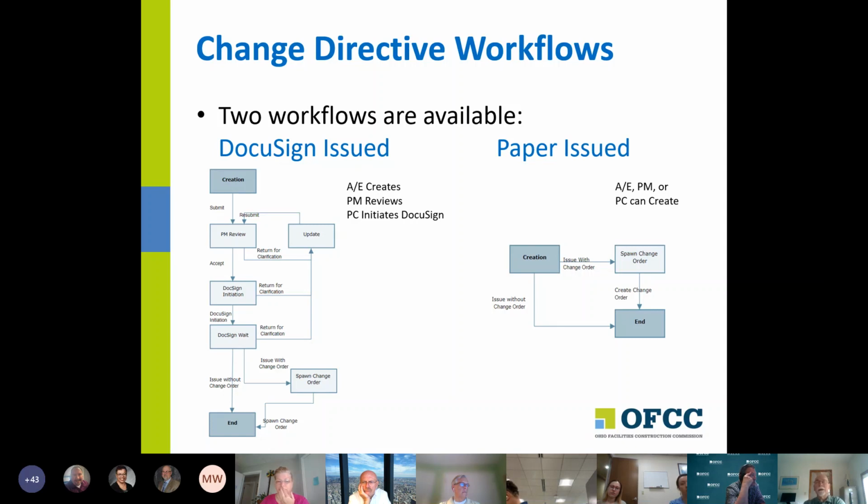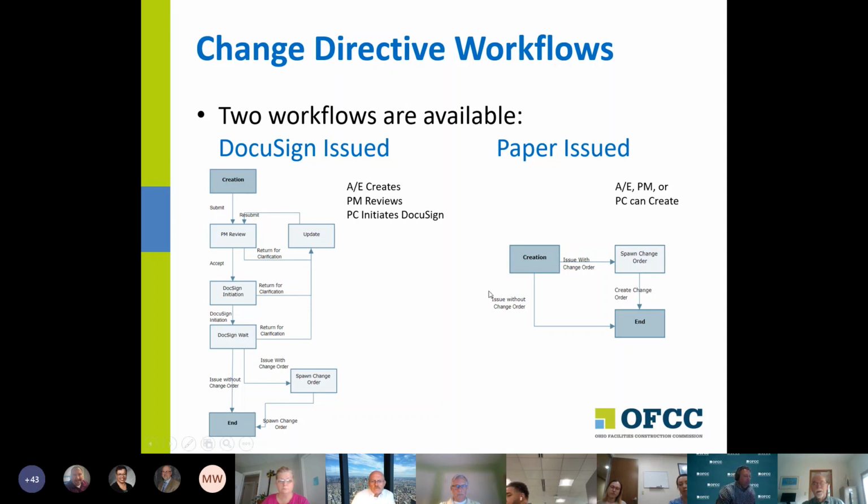So in terms of getting the work done, you've taken care of that. And now we have to account for the work, both in terms of project history and in terms of, if I want to do a change order, well, what were the terms that were written on that piece of paper that we filled out at the job meeting? So what we did is, on the right side of the screen here, you can see the paper issued workflow,